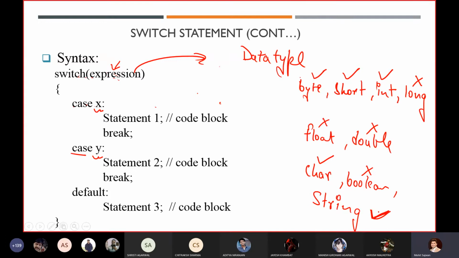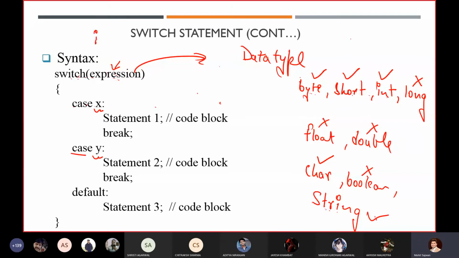In earlier versions of Java, before 1.4, a string was not considered here, but in later versions of Java, it considers the string data type also. So these are the data types you can pass to a switch statement.